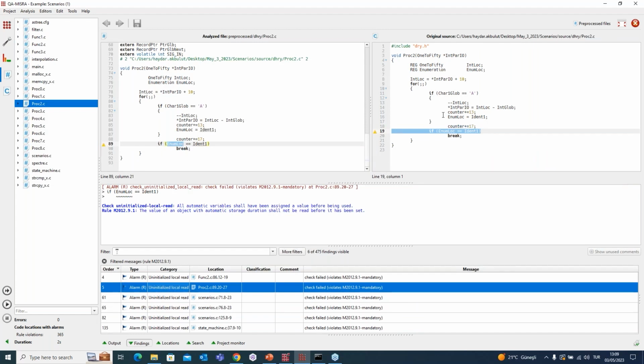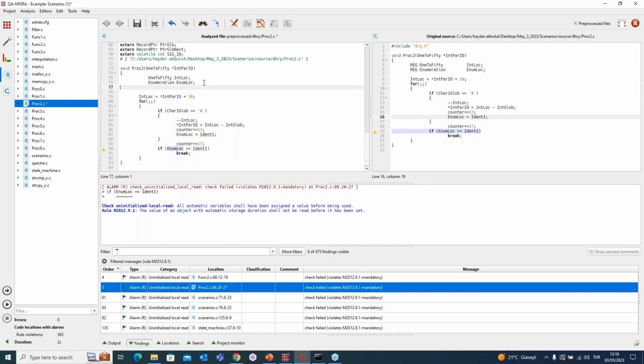In the screen, you see two sections. Here, this is the original code that I analyzed, that I cannot intervene in. On the left side, on the other hand, is the analysis file that I can intervene in. Here, I can type in a fix that I want to apply after my analysis, and again check if the change that I made succeeded in overcoming the alarm.